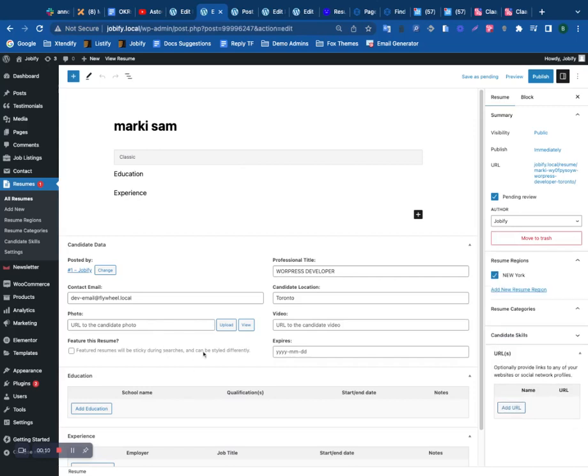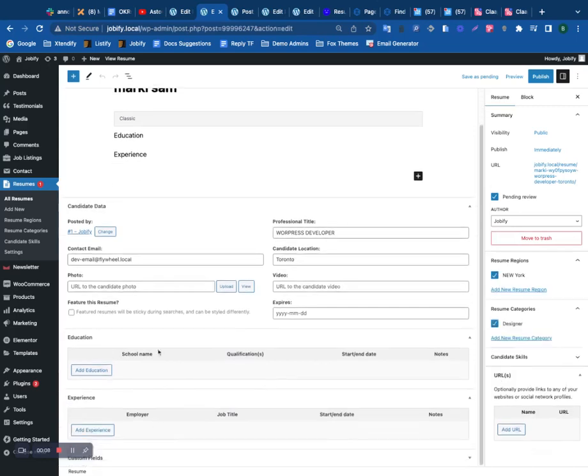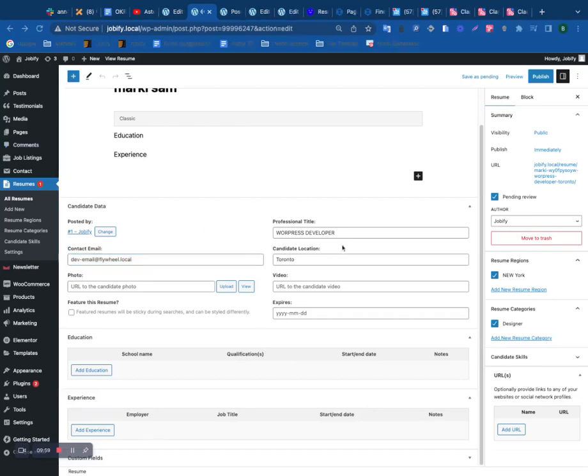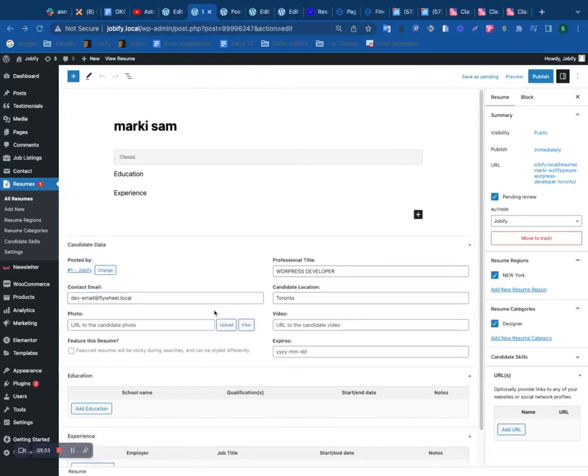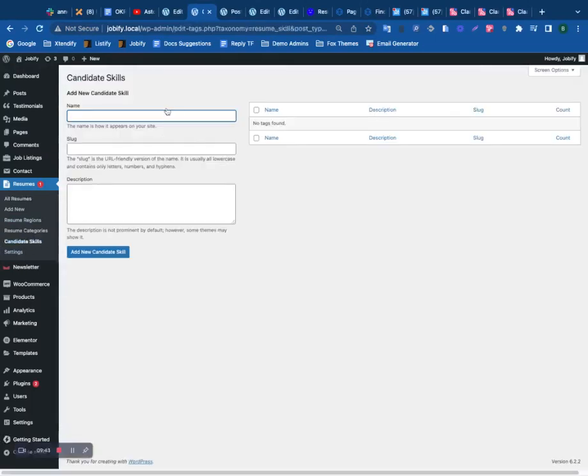For instance, if they have not filled all the sections here, you can simply contact them using this email and let them know that they need to fill up their details here so that they can get approval of their resume. You can also add candidate skills here for them to select